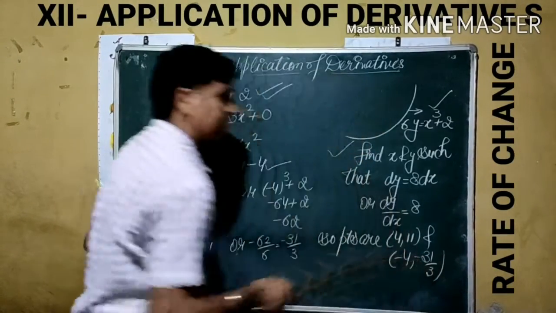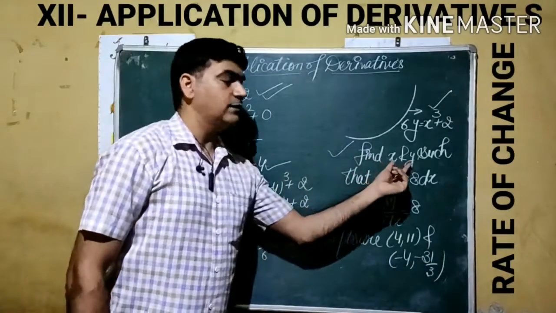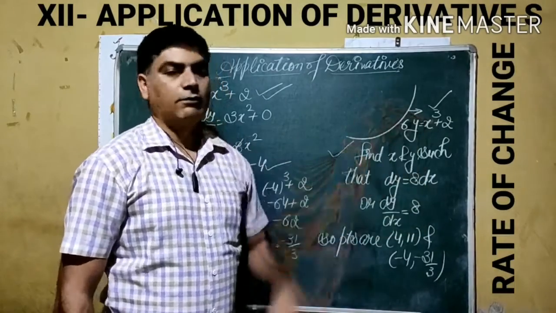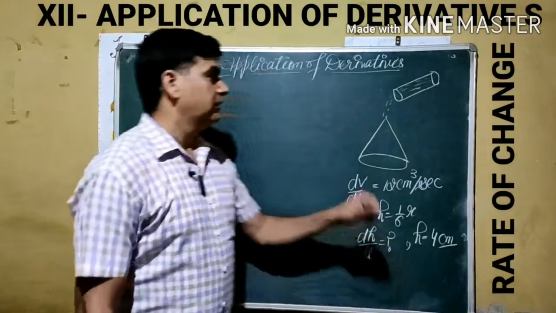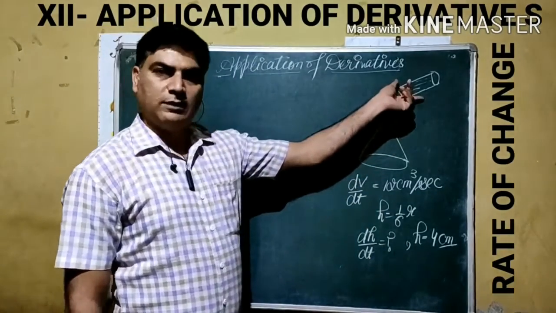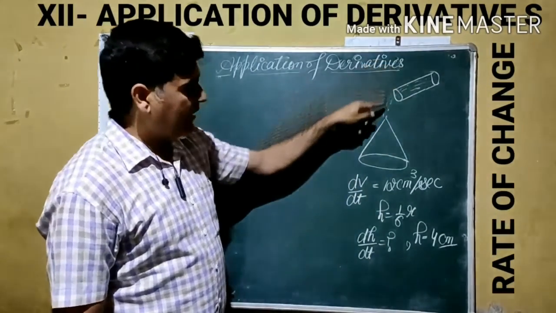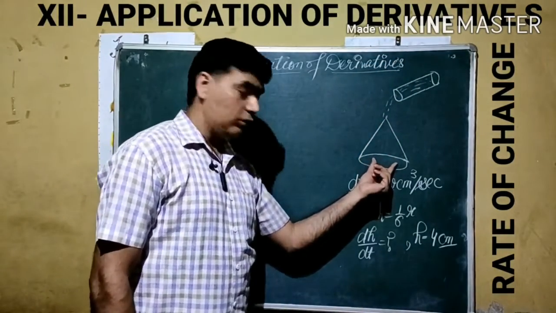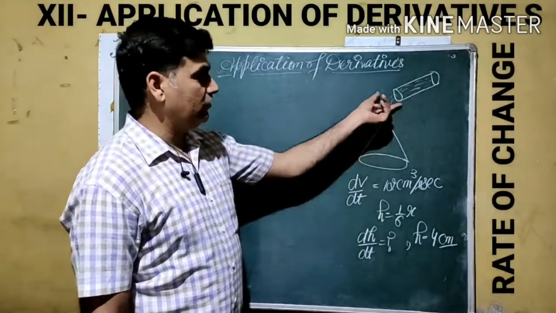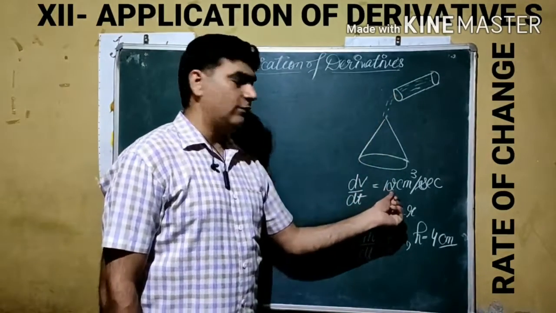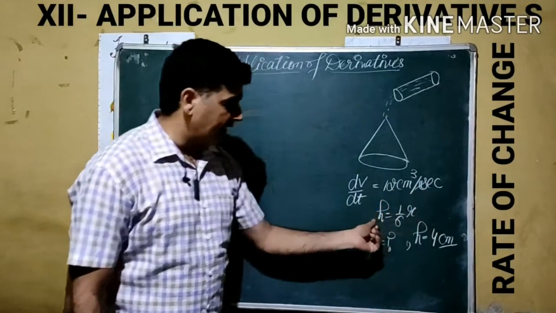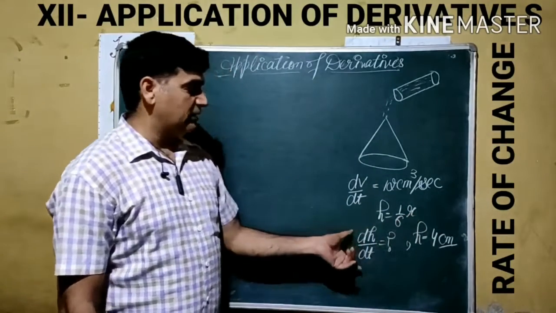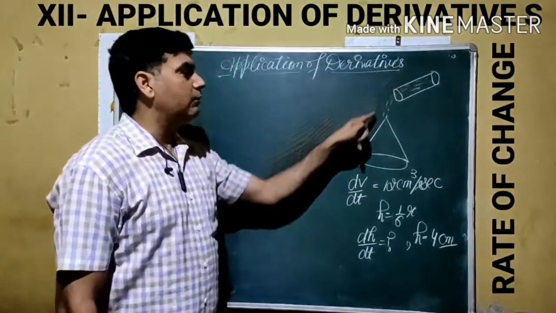So like this we understand how we can find the x and y coordinates when the change in y is given with respect to the change in x on a curve. The next question we are going to discuss: through a cylindrical pipe, sand is pouring out, means sand is coming out from the pipe and forms the shape of a cone. The speed of the sand coming out from the cylindrical pipe is 12 centimeter per second, and the height of this shape is 1/6 of the radius. We have to find the change in height due to the sand coming out from the pipe.